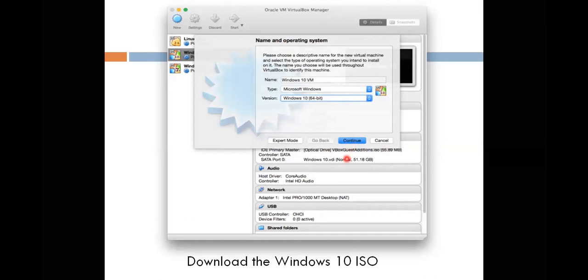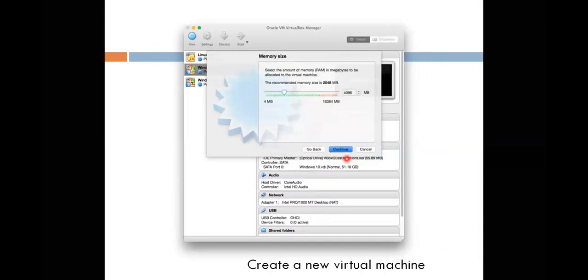After continuing, I go to the next step. I need to specify the memory size to be used by this machine. For this one I have mentioned 4096, and that's why 4096 is there. The usage of the memory depends upon the user who is creating this guest operating system. There is a virtual environment here.